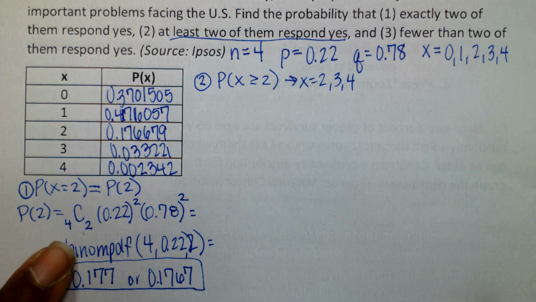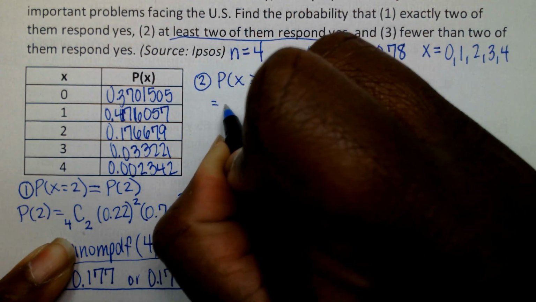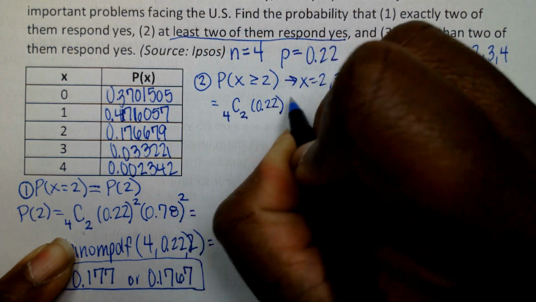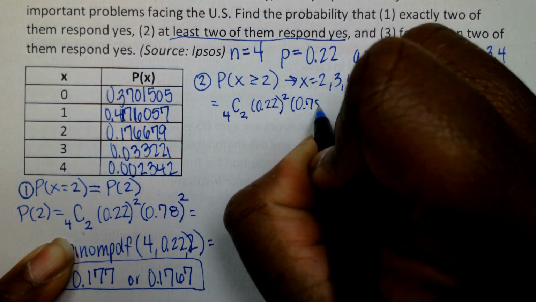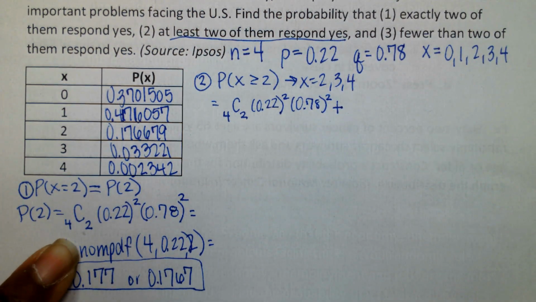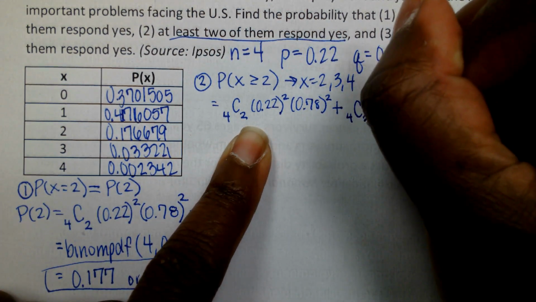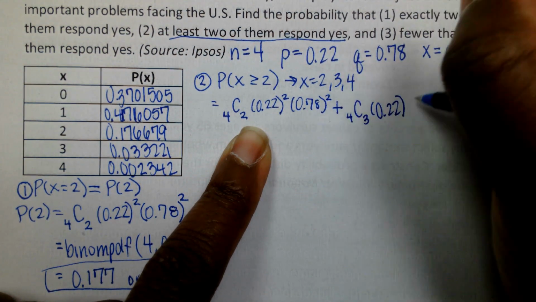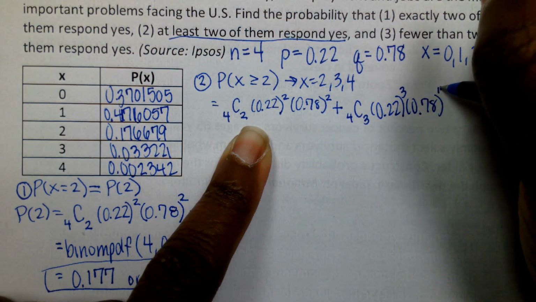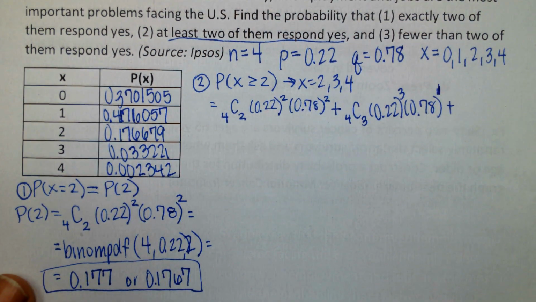So X equals 2. 4 C 2, 0.22 squared, 0.78 squared, plus X equals 2, X equals 3, 0.22 cubed, 0.78 to the 1, plus, you got this,